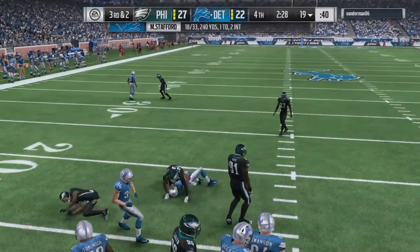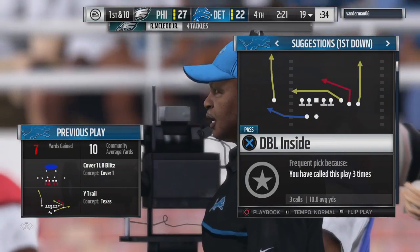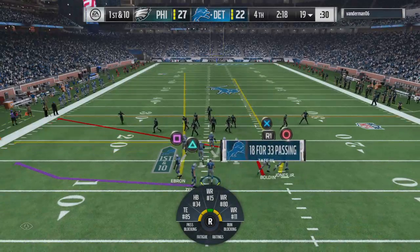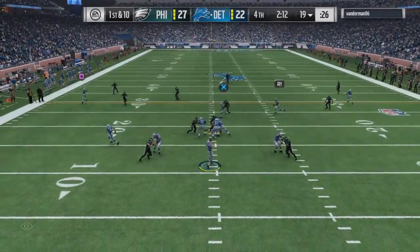Thinking pass all the way. It's caught, Jones. It's a 7-yard gain there, and it's good enough to move the chains. An ex-teammate used to tell me all the time, I hate experienced quarterbacks because no matter what, you really can't hide what you're doing. And I think that right there, he knew right away where the book...